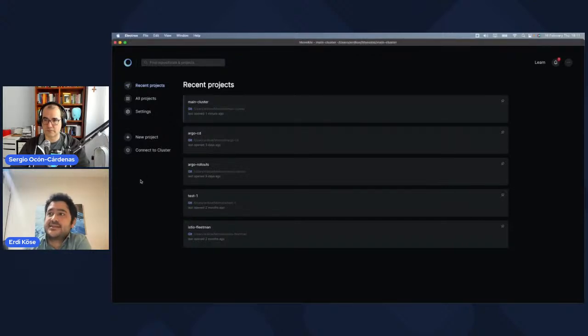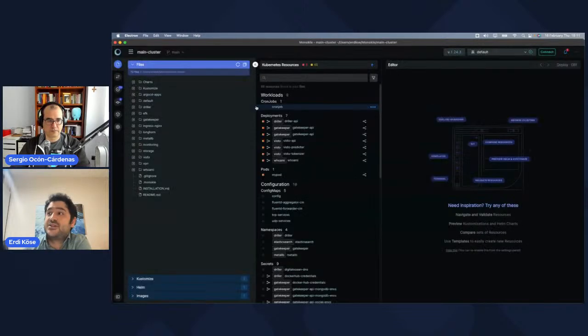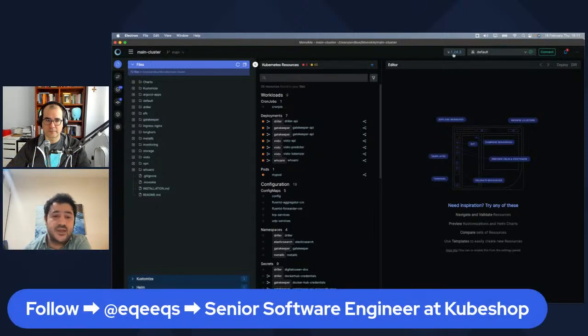And this is how the Monokle starting page looks. And this is my main cluster project. It contains my projects for my main cluster. I have more than one cluster just for high availability purposes. And in this screen, you see at the top right, there is a version. There is a version because this is the Kubernetes